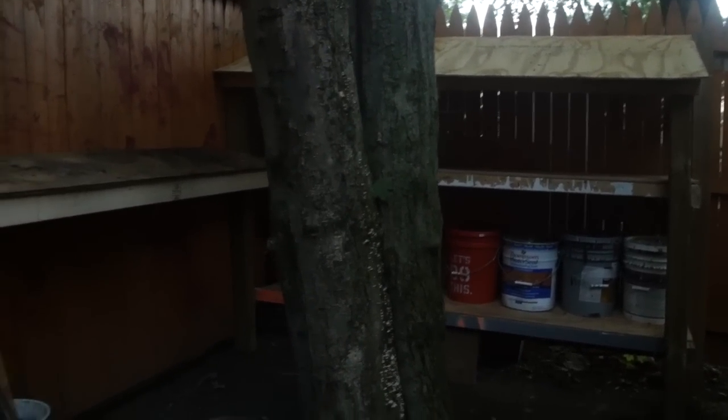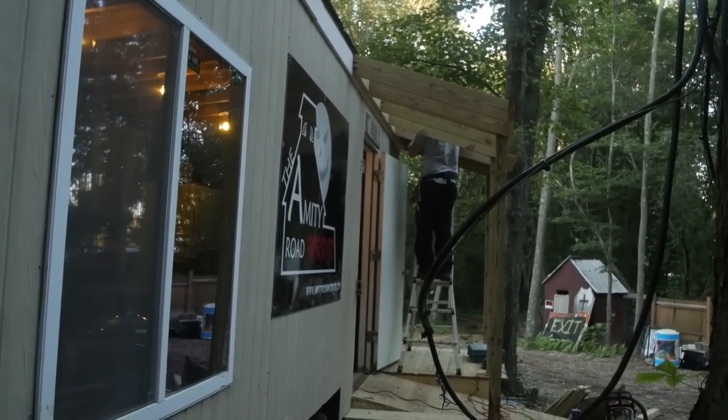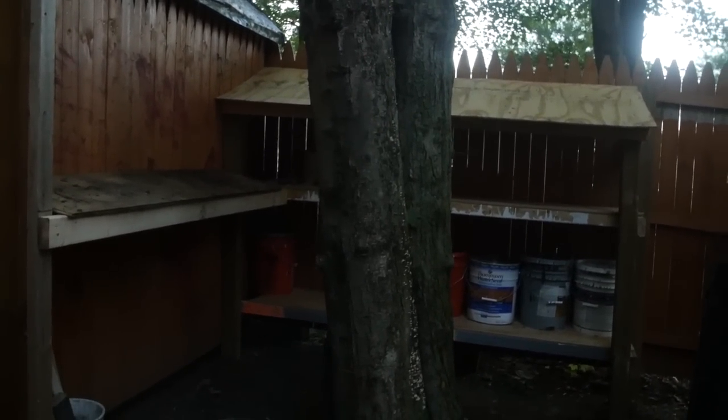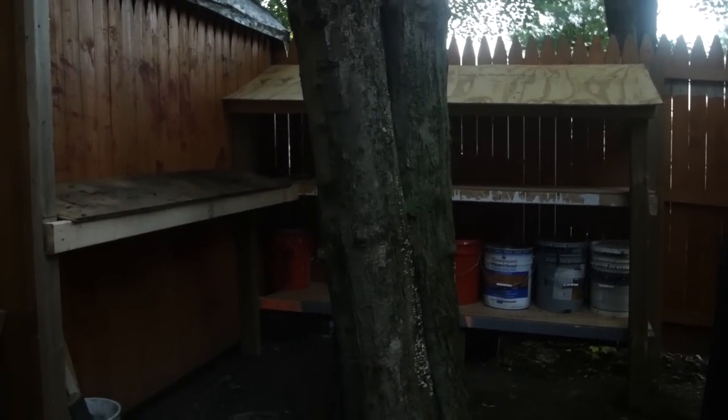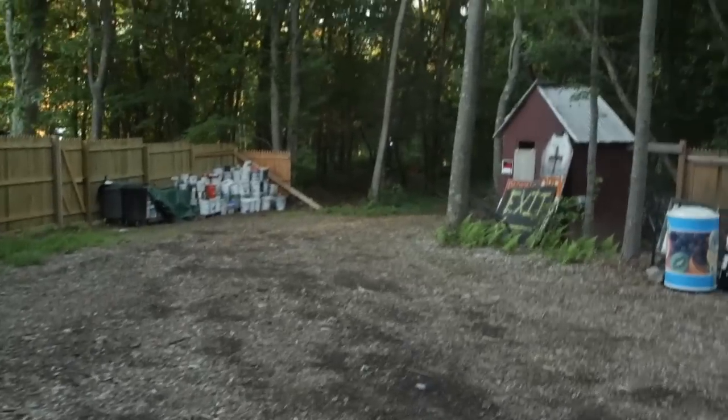That we turned into the new paint area. It's a little more open. We don't have as much paint anymore, and I'm going to show you how much paint we used to have. So the other day we did a bit of a cleanup,